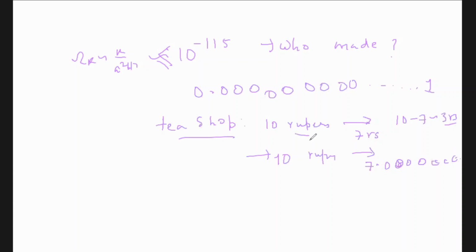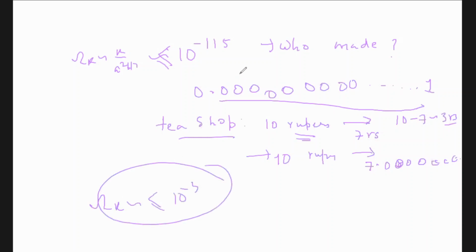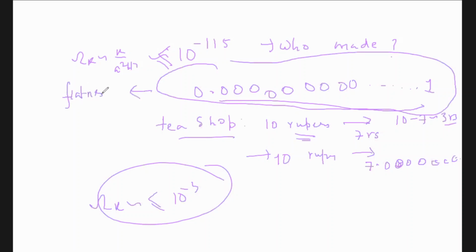It is impossible for you to give change. So when you deal with day-to-day life, all your numbers are almost similar so that you can have dealings. So the universe was dealing like that, but suddenly one number came up like 0.0000000000. So who fine-tuned it? So that we know that today omega k has to be less than 10 to the minus. This problem, that why it is such a fine-tuned value in the beginning of the universe, is called the flatness problem.